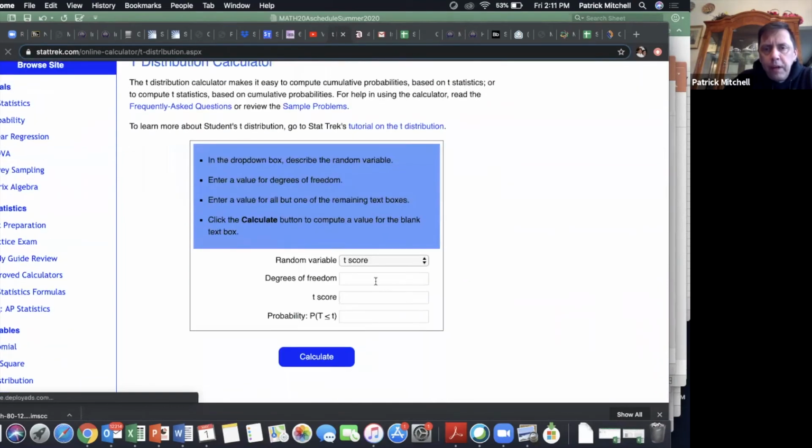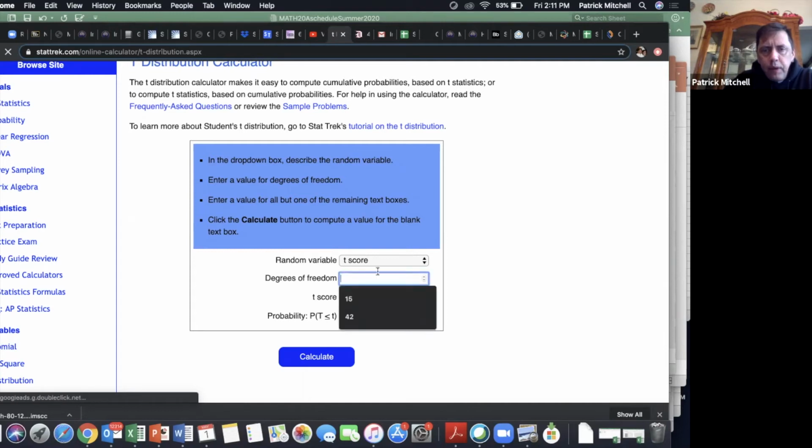Degrees of freedom is 24. So eventually it should let me type in this box. There we go. Okay, and then the t-score is negative